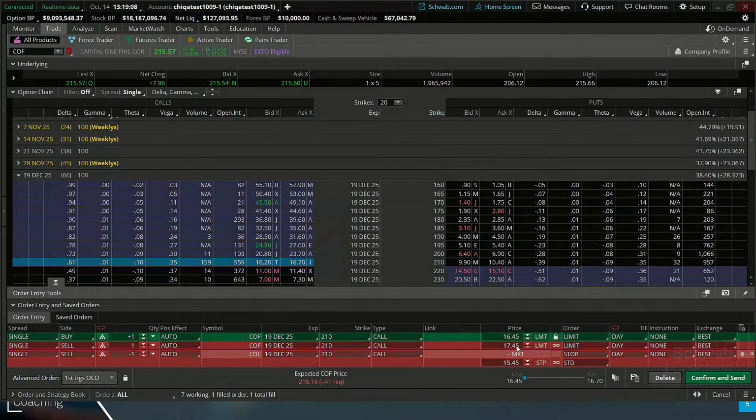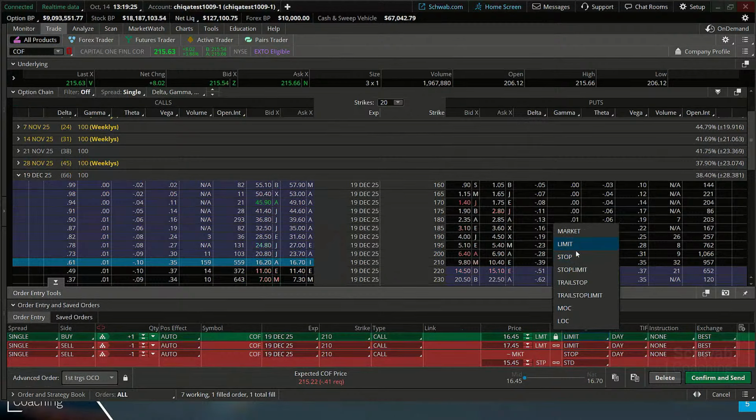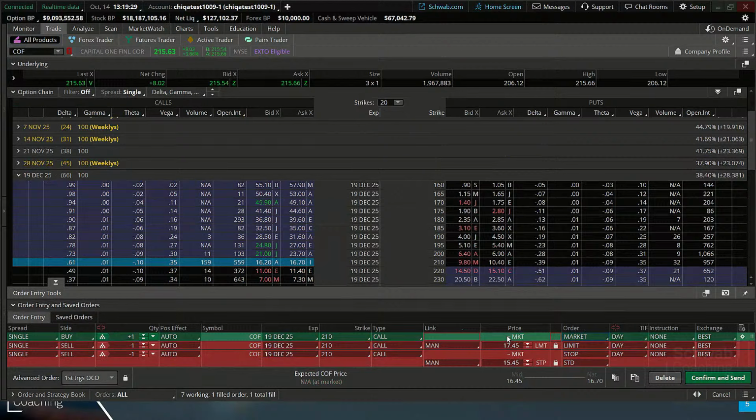Now you're not guaranteed a fill at that price, but that is a price that I could start my order at and then back it out towards the natural at 16.70 if I don't get a fill, if I want more control over the price. Or if I'm just looking for the speed of execution, I can start with a market order. So I may actually do that today and take a look there.